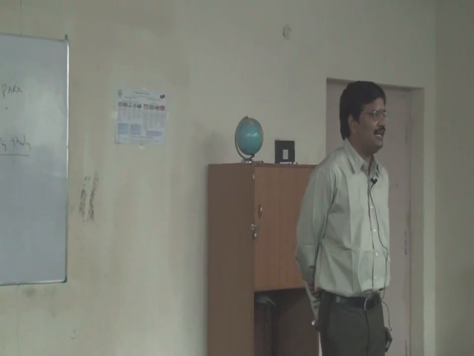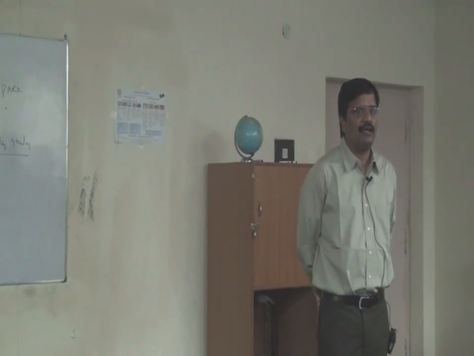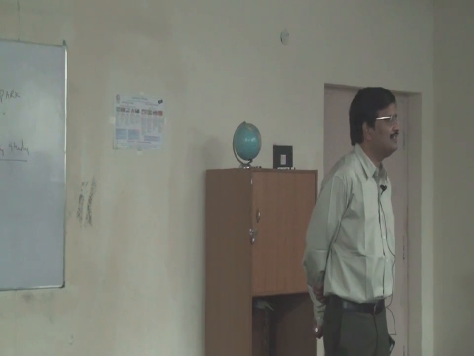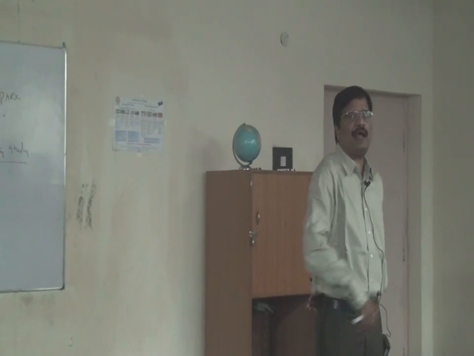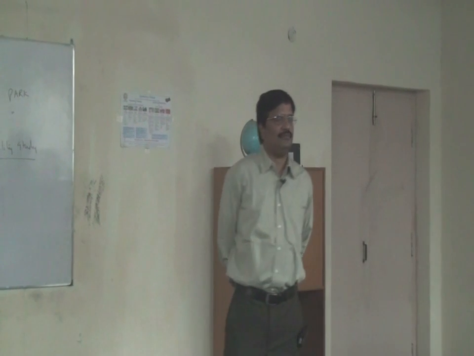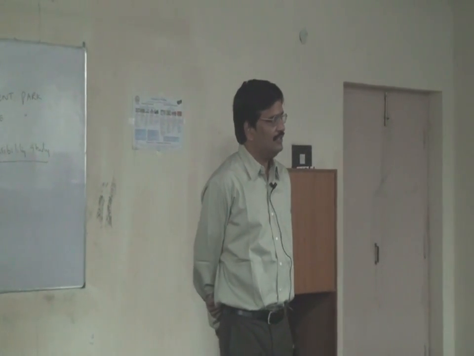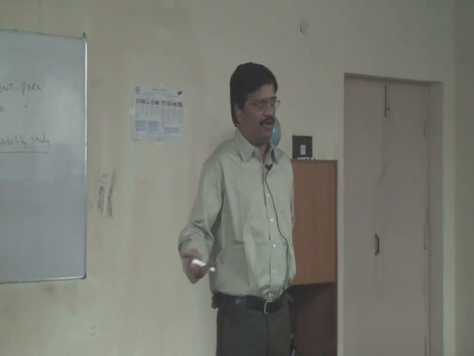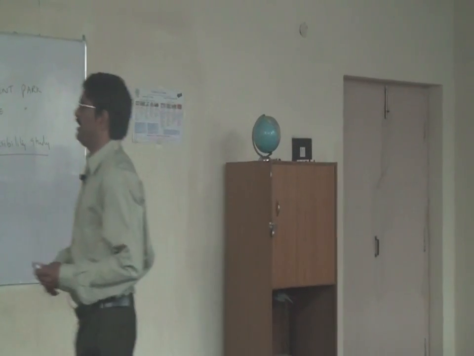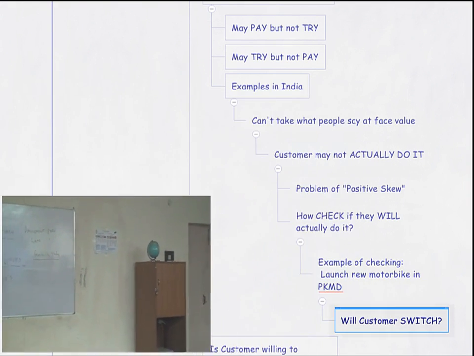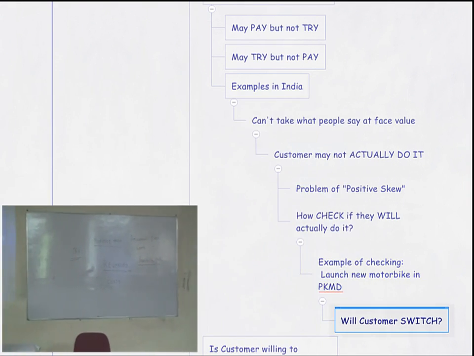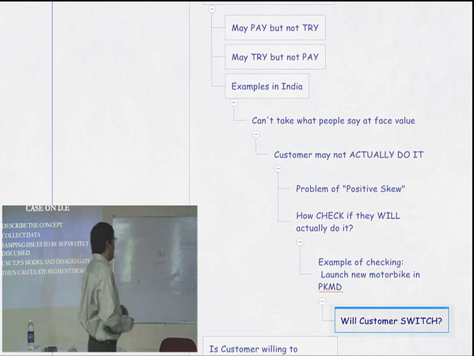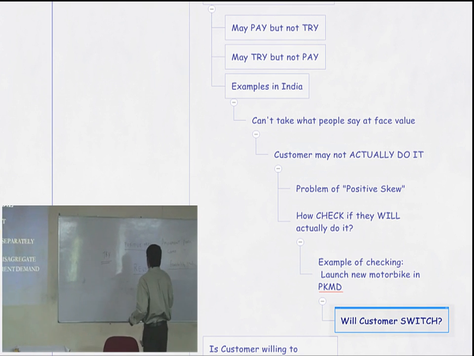When I launch it and say, look, you said you are willing to buy and you are willing to try, please buy, they'll say, no, but I already have a bike. I just bought a bike 1 year back. While I'm interested in your product, and willing to pay for it also, not now, because I have a bike already. So the third thing that we're talking about is switch. Try and switch.